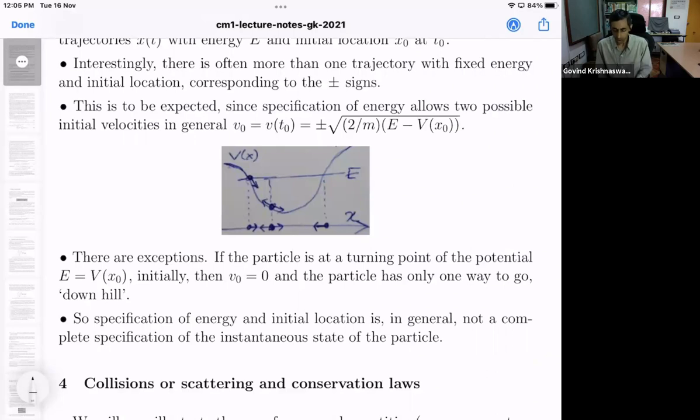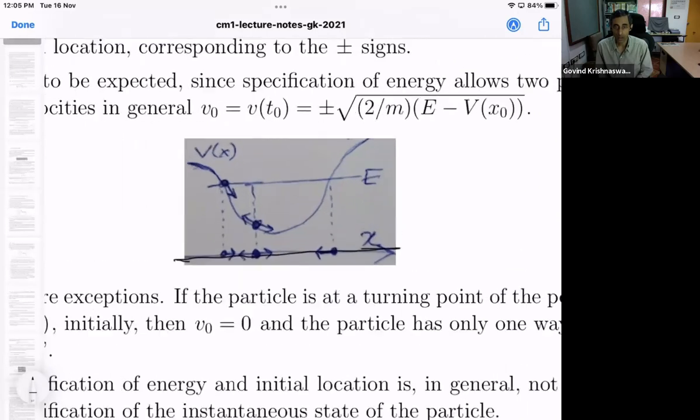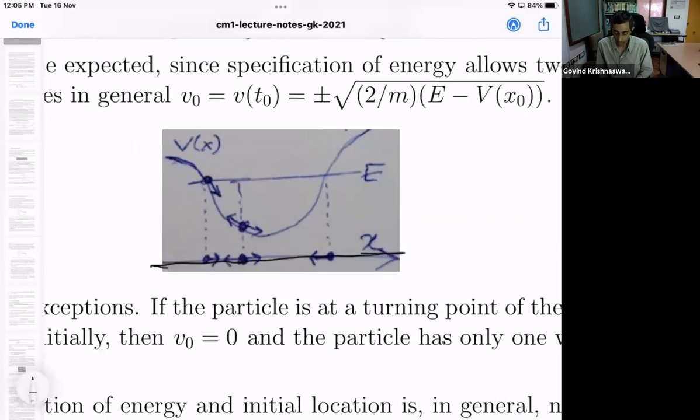Okay. So I just want to illustrate this pictorially. The picture to have in mind is that the particle is moving on the horizontal line with instantaneous coordinate x. Now it starts somewhere, that is the initial location. It has some energy. As a consequence, if that energy is more than the potential energy at that location, I plotted the potential energy for this system, for this particle, the potential function V of x.